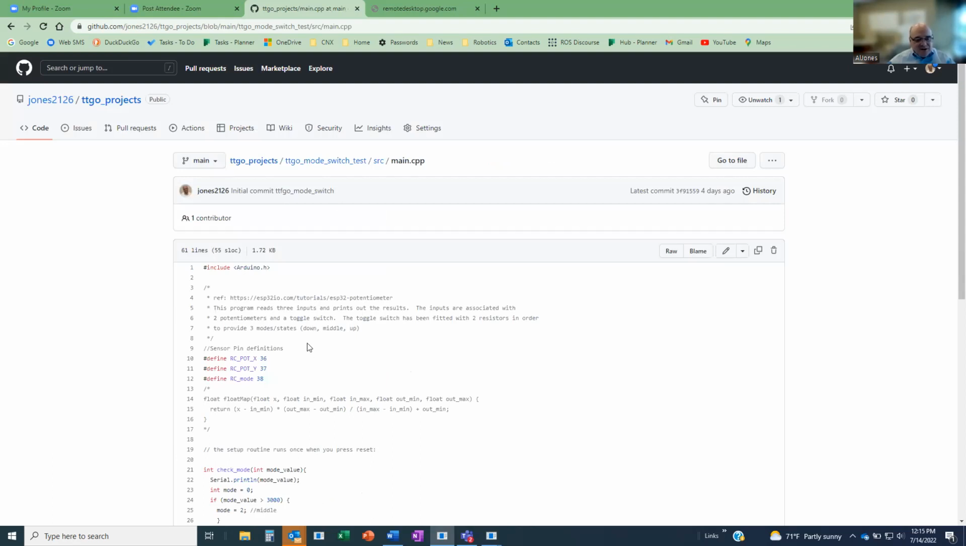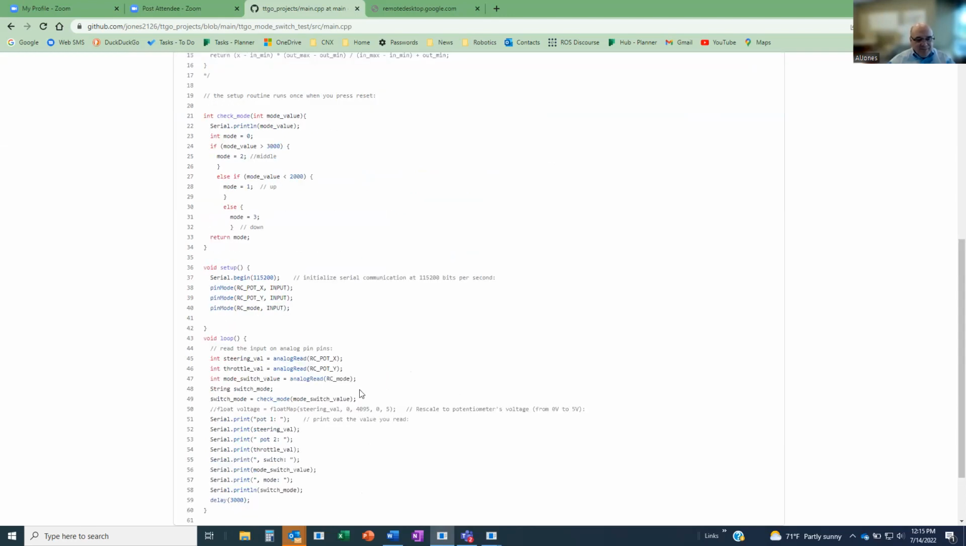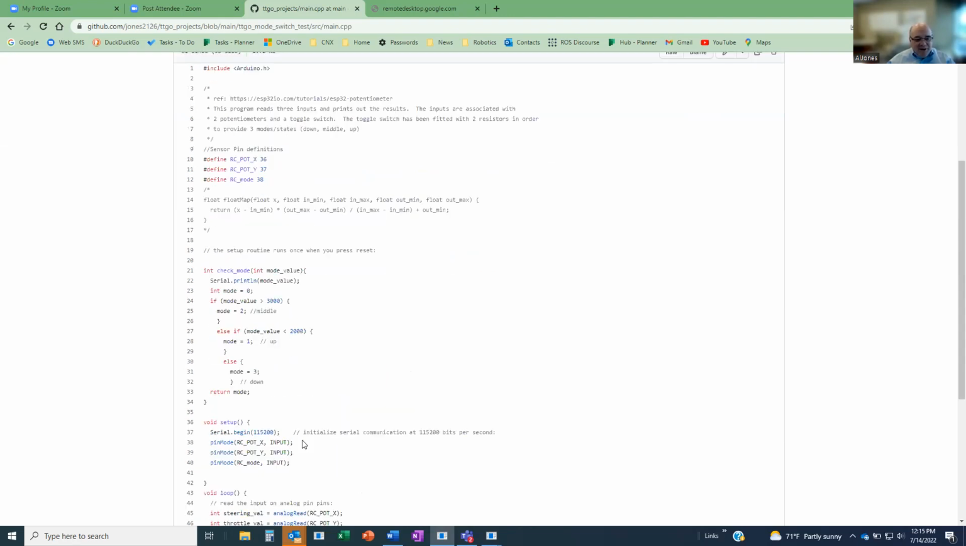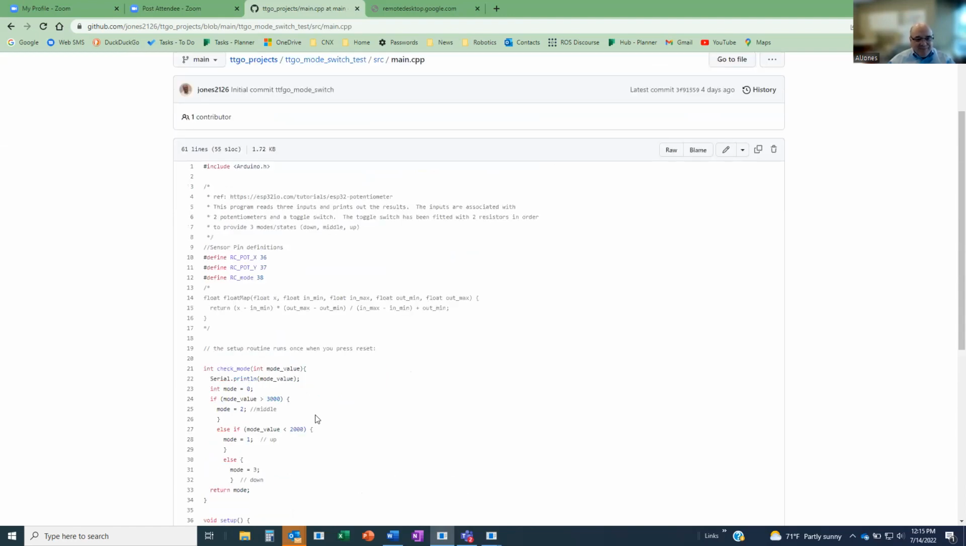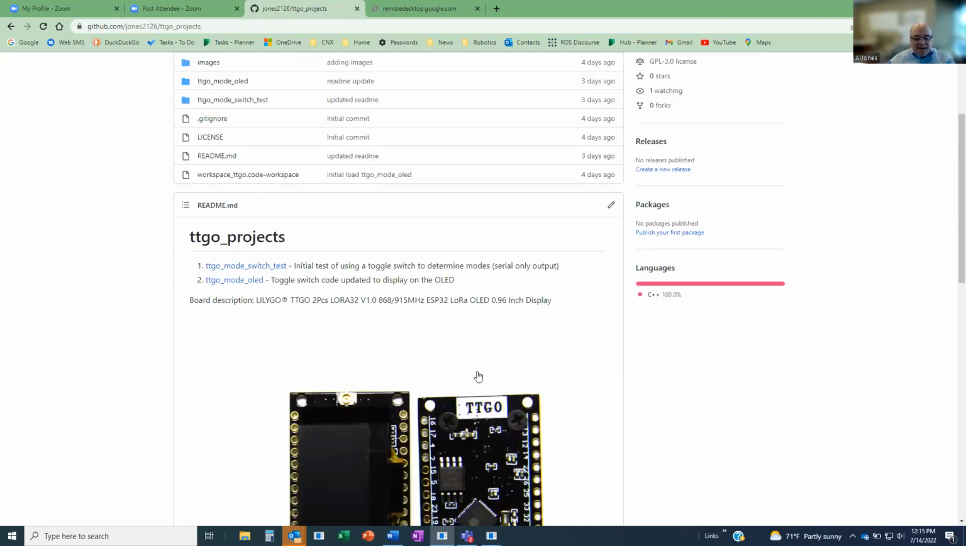And so this is the actual source code to read that and to print out the different modes. So that was my hello world with putting something on GitHub. The next thing I put up there is around